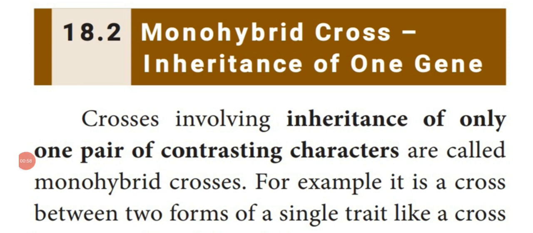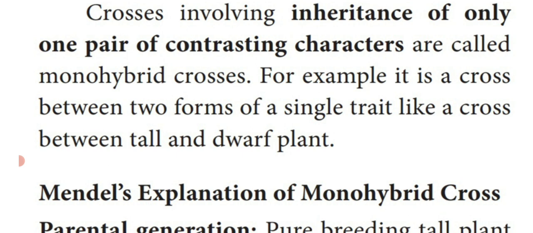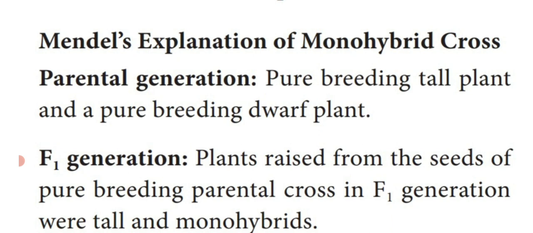Dear students, monohybrid cross involving inheritance of only one pair of contrasting character, that is called a monohybrid cross. In this hybridization cross, he has taken single trait, that is character, crosses between tall plant and a dwarf plant. So for this he has selected parental generation with a pure breeding tall and a dwarf. When they crossed, the F1 generations are tall,